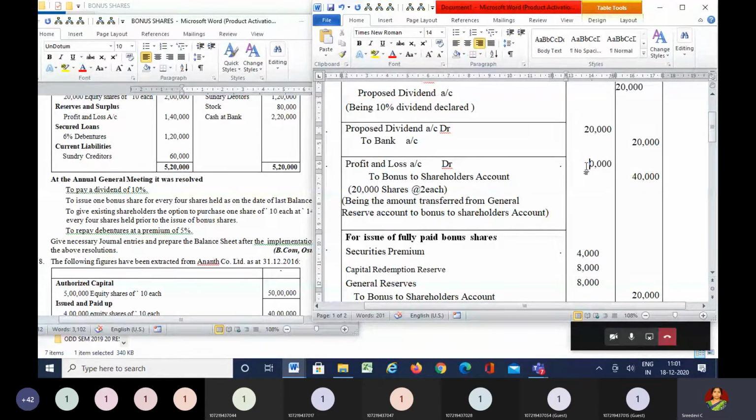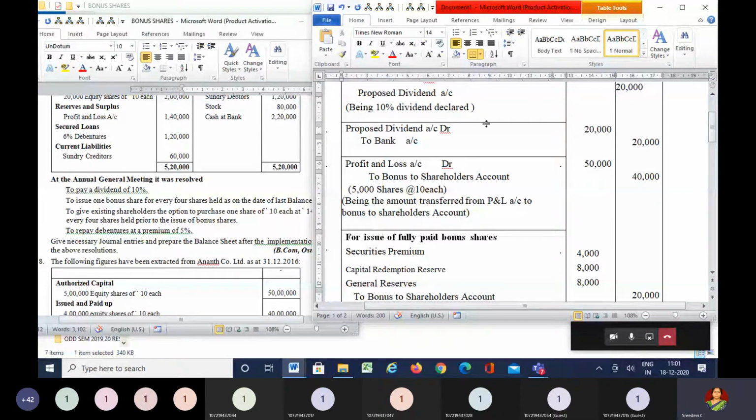And the amount required towards the same is 50,000 as bonus to the shareholders. So here it is not 20,000, it is 5,000 shares, which is at the rate of 10 rupees, and being the amount transferred from P&L, just put it as bonus to shareholders account. So P&L account has to be debited and the bonus to the shareholders account has to be credited. So therefore, the company has decided to give 5,000 shares, which is at the rate of 10 rupees.